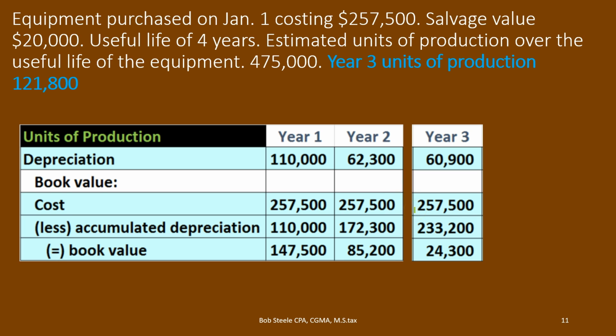We're going to calculate the book value by the cost less the accumulated depreciation. What is the accumulated depreciation? It's last year's accumulated depreciation, the 172.3, plus the current year depreciation expense, the 60,900, will give us the 233,200 current year accumulated depreciation. We can also calculate it as adding up the depreciation expense throughout the 3 years, being the 110,000 plus the 62.3 plus the 60,900, which should also give us the 233.2. We can see that the 257.5 of cost less the accumulated depreciation 233.2 will give us the book value at this point of